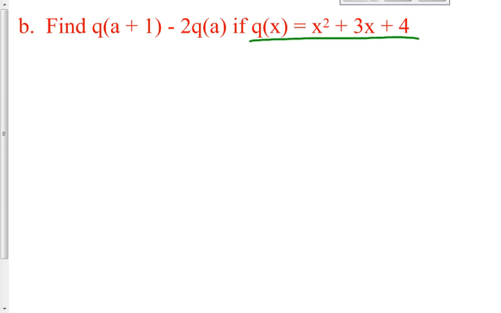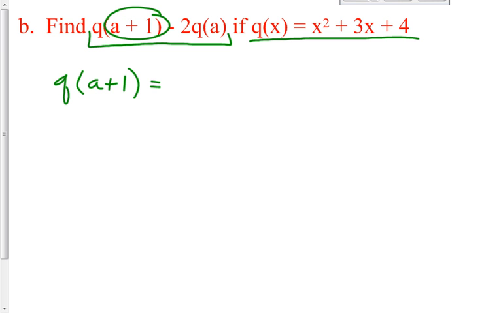The first thing you're going to do here is find q of a plus 1. So q of a plus 1 is this. A plus 1 is going to be put in to here. Instead of finding q of x, you're going to find q of a plus 1. So if you do it there, you're going to also put in a plus 1 right there and a plus 1 right there. So q of a plus 1